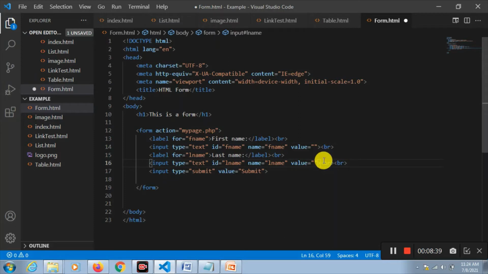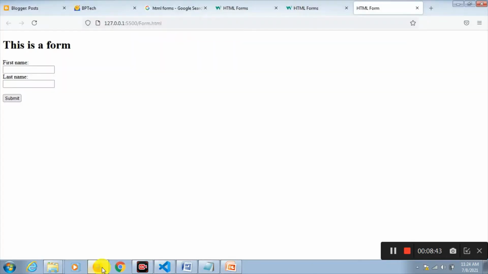And now let's check it. See here, the blank form has come and the submit button has come. When I press submit, it's going to a page called mypage.php. Why is it going there?